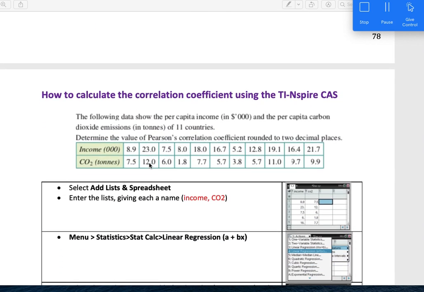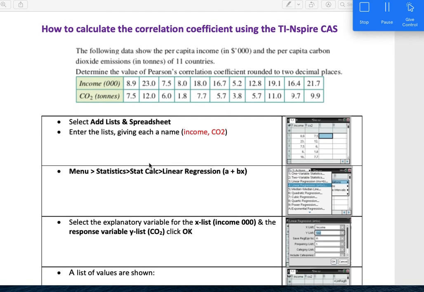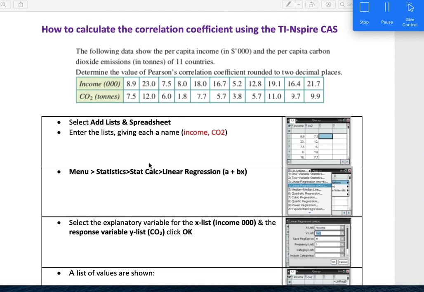So here in your notes, you've got how to calculate it on the calculator. I'm going to do it now with you here on my calculator. So I'm going to look at this. It says the following data shows the per capita income and the per capita carbon dioxide emissions in 11 countries. So we're going to determine